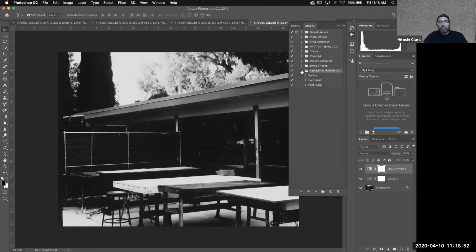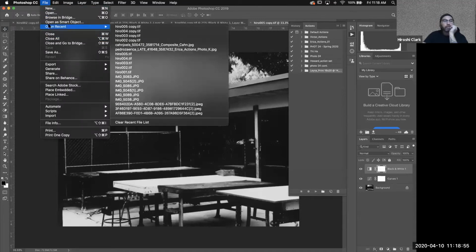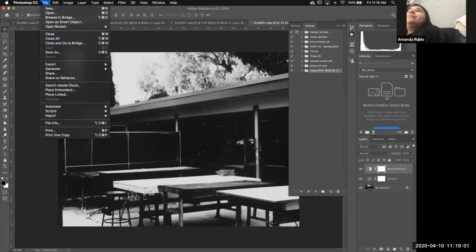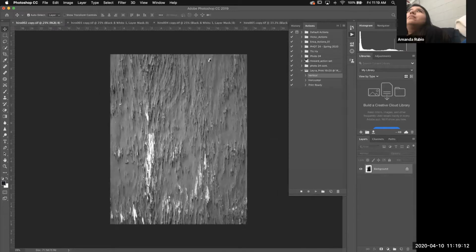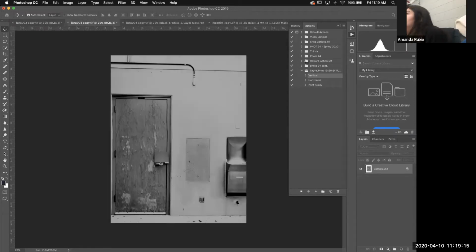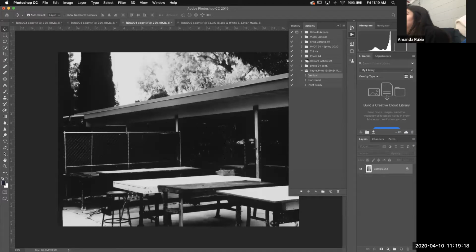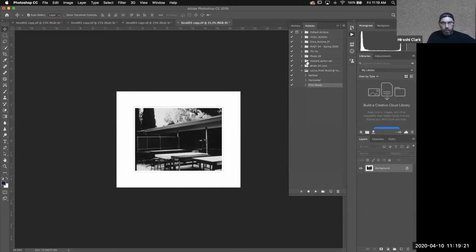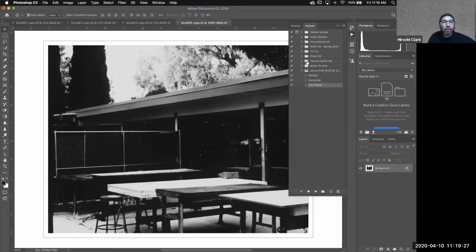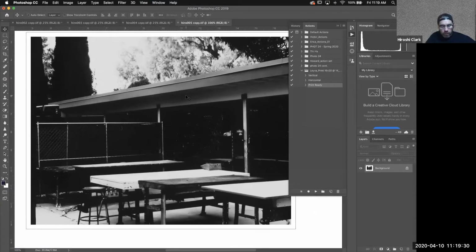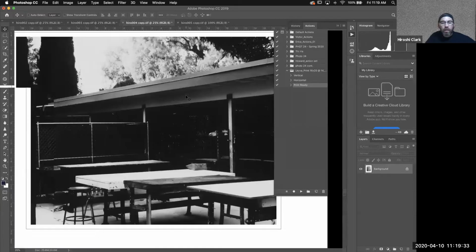Okay. Let's try it out. You all can see my screen, right? Yes. Okay. File, automate, batch. Come over here to Victor's, print ready, open files. Okay. This is looking right. Looking good. Looking good. The only thing I will say,